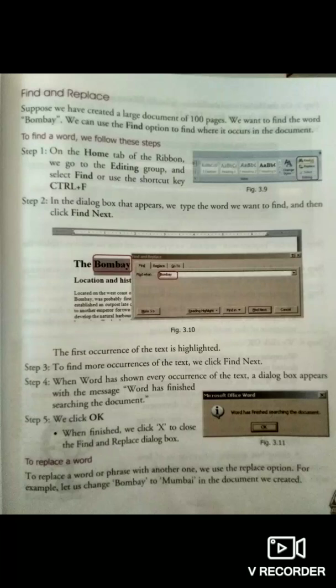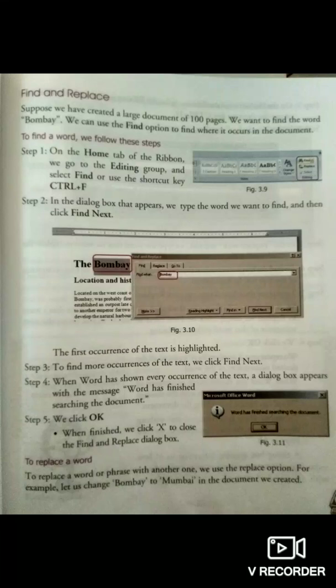Suppose we want to find, as you will also get in the book, the word Bombay. We can use the find option to search the document for the word Bombay, which means Bombay should be a word inside the document.